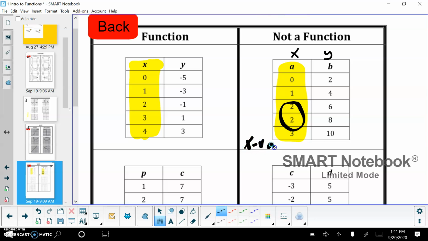So I'm going to write that in there. It doesn't have to be all the X values, but as long as you have one. And then on the other side, I notice that I have no X values repeat. So that seems to be kind of interesting. Let's see if that